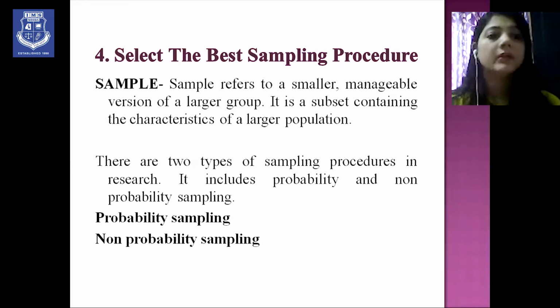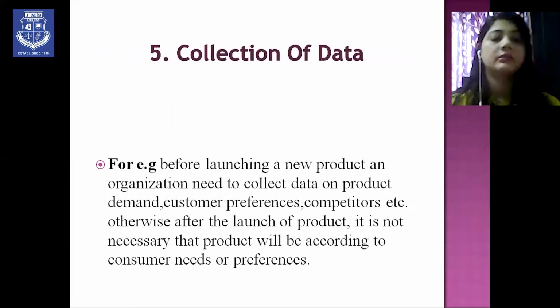A technique where researchers choose samples from a larger population using a method based on the theory of probability, then we can say that it's probability sampling. While on the other hand, in non-probability sampling, a sample is selected based on non-random criteria and not every member of the population has a chance of being included in the research.